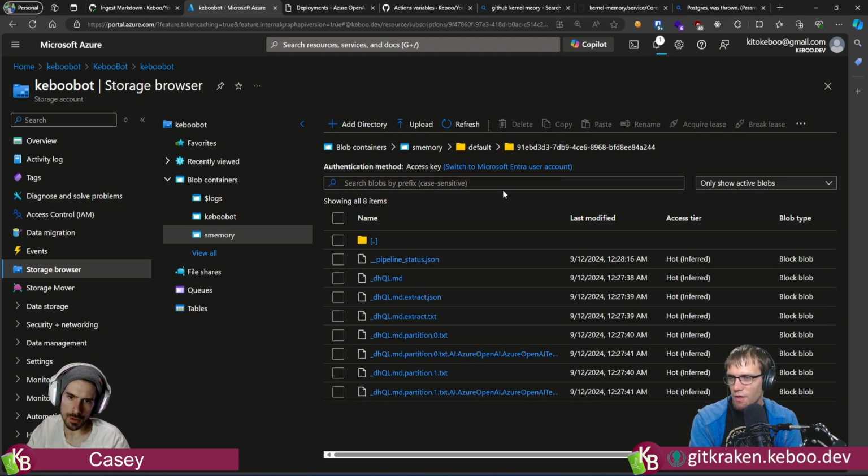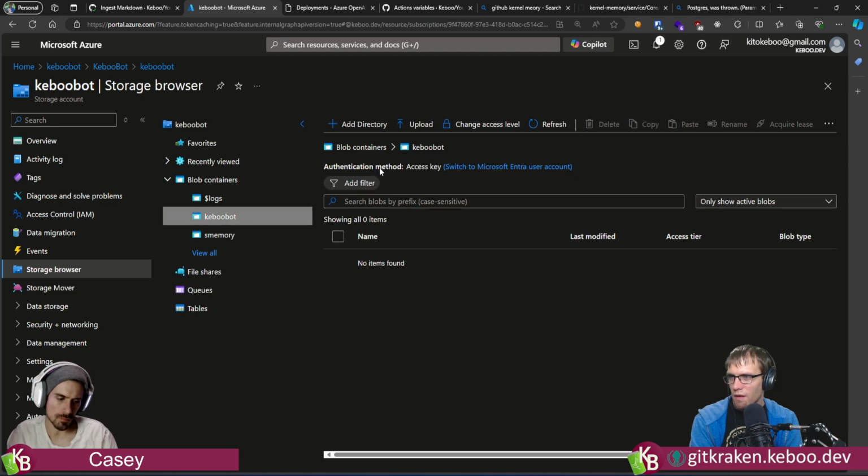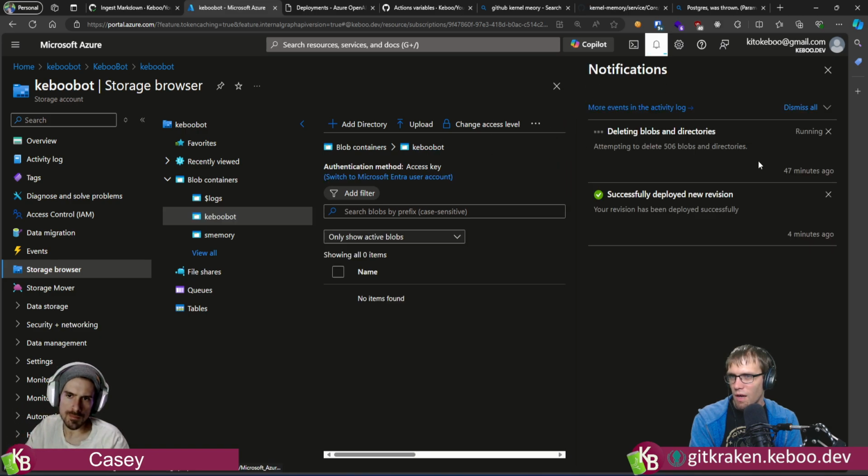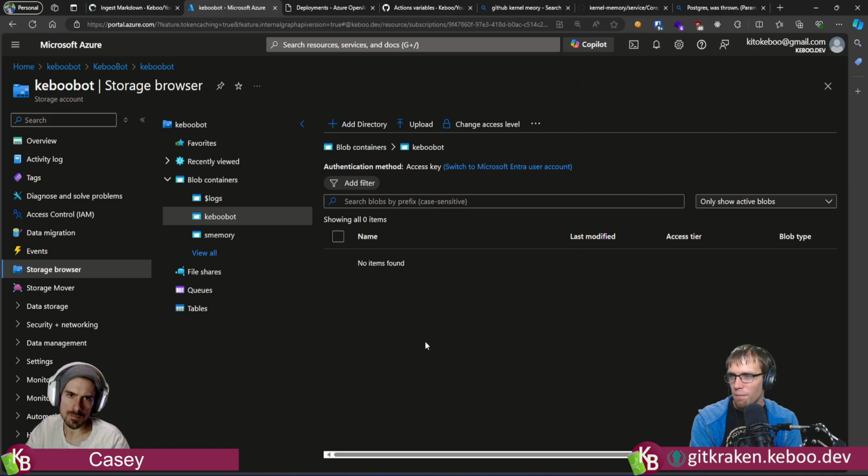So I was also looking at the wrong container, only for part of the time. Yeah, but we should nuke this container. I like how it's still deleting blobs and directories. I'm gonna go out on a limb. You're not doing that anymore. You're done.